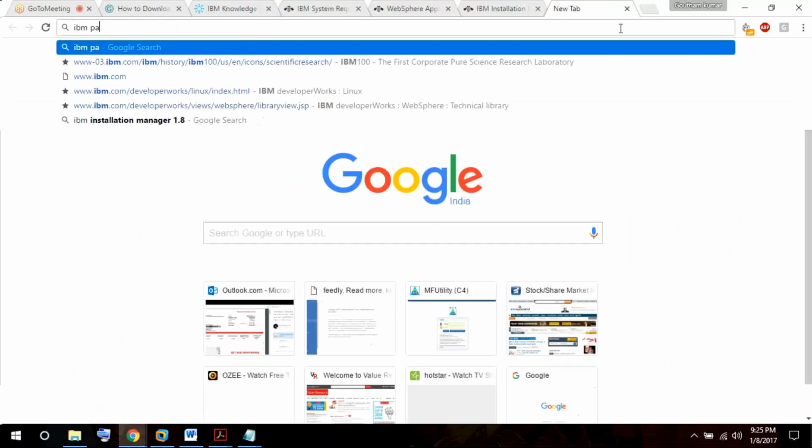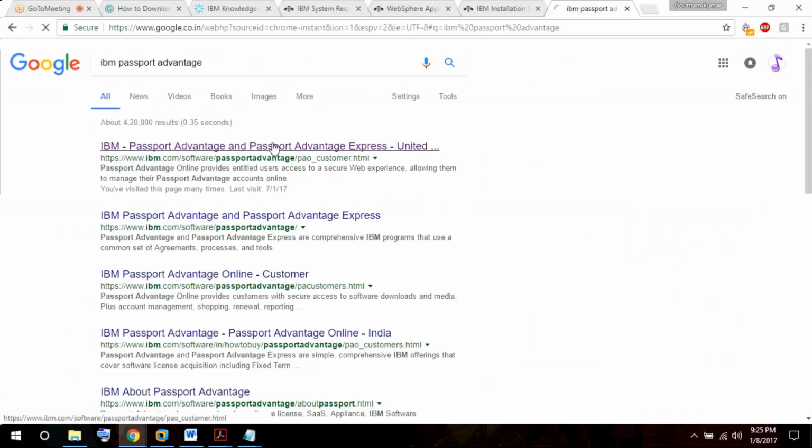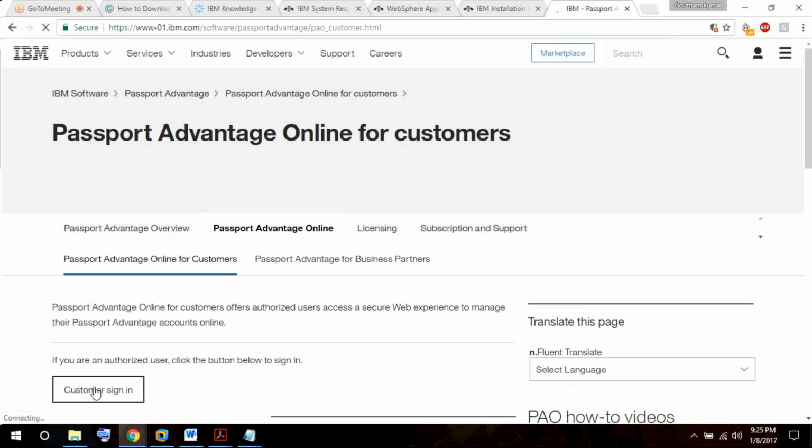So IBM has something called Passport Advantage. Whenever you buy any product, they'll give a Passport Advantage number, and you can configure the details. So you need to log into the IBM Passport Advantage site. The customer sign in, then